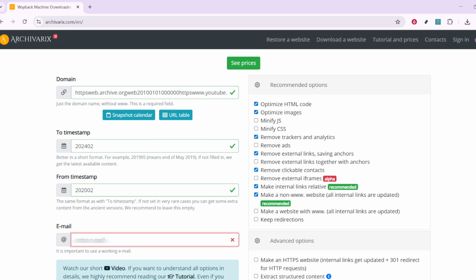Make sure to fill this in accurately, as it's where Archivarix will send you the link to download your restored files. This email is vital for retrieving the restored site later, so ensure it's an email you can easily access. Finally, the moment you've been waiting for. Click on the Restore button. This will initiate the restoration process, allowing Archivarix to start compiling and